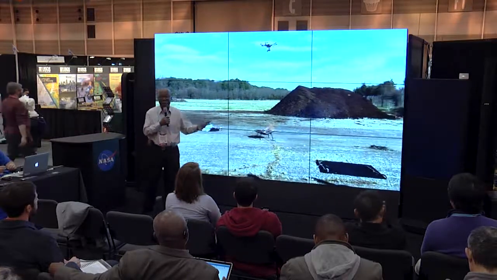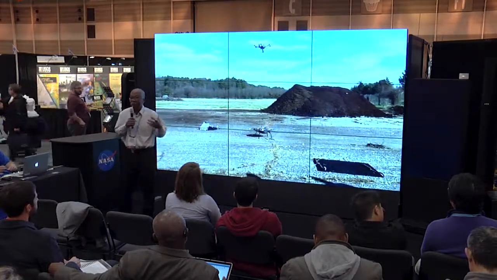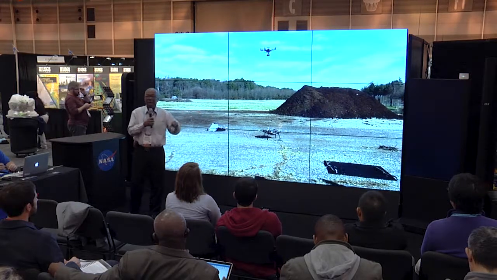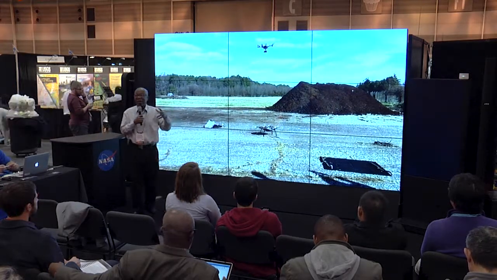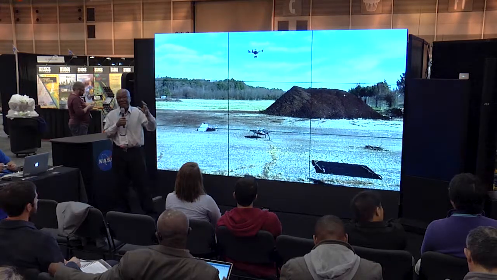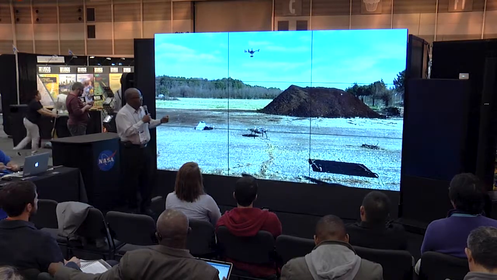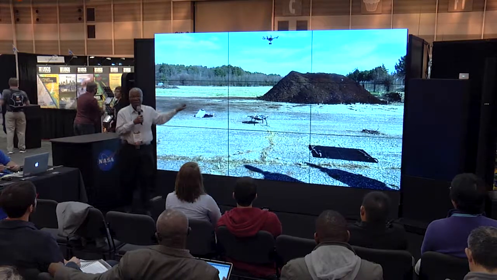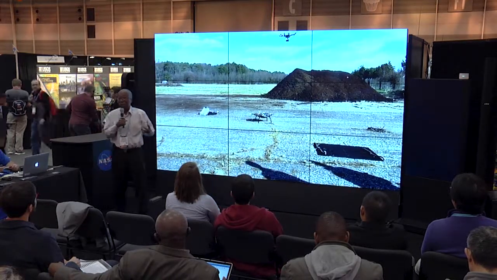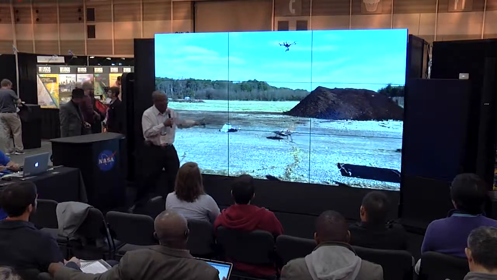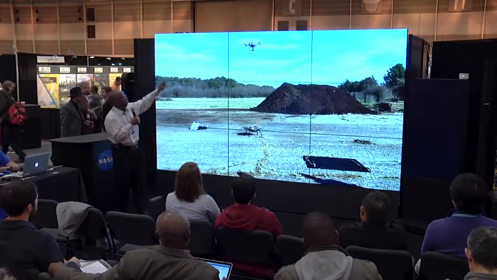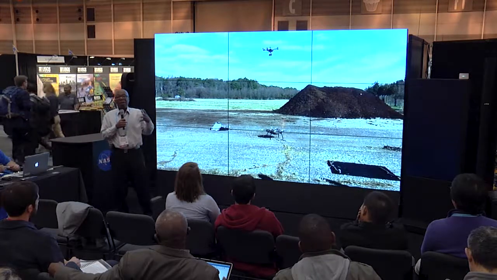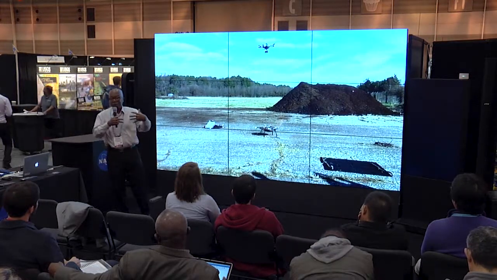So we do these things from satellite, but we also want to be able to validate them. NASA is planning, in conjunction with some other agencies, NOAA and the Joint Fire Sciences, to conduct a field campaign, an airborne campaign, to validate this method of deriving these things. We had drones. We wanted to burn this pile here last week, but it was too windy. We didn't want to take a risk. So since we couldn't burn it, we got this fire pit. We lit the fire. We still flew our instruments, small instruments, measuring the energy and the black carbon, in order to simulate the relationship between these two